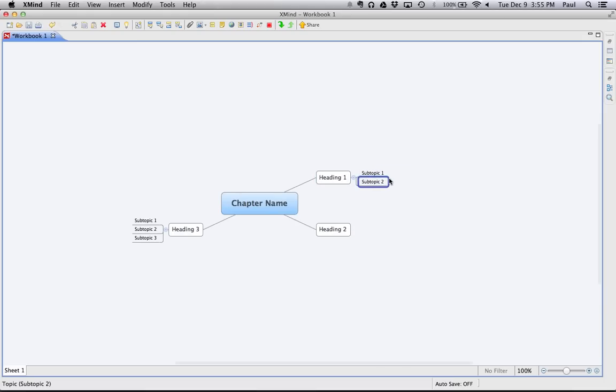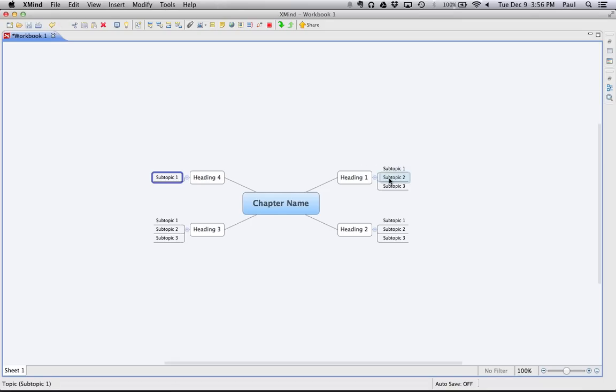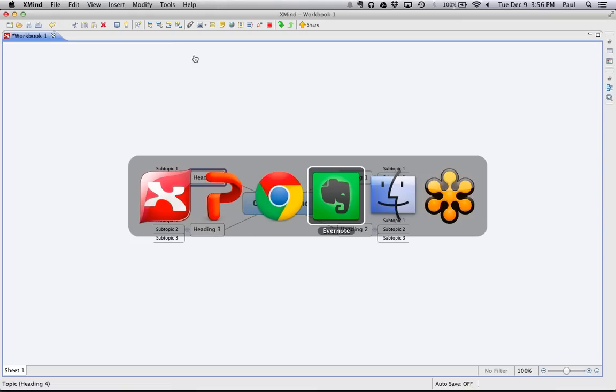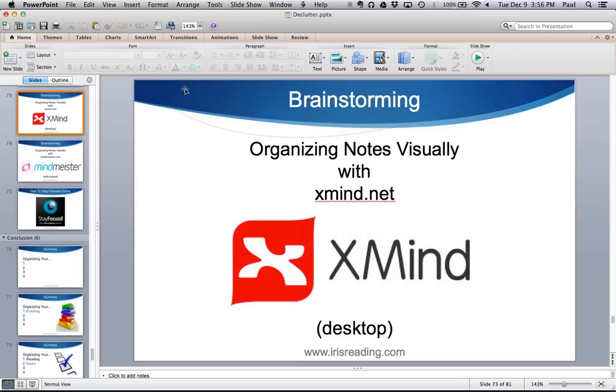So you can see how quickly and easily, and by the way, you can do that. I'm doing this just with the keyboard shortcuts right here. I'm just using my arrow keys and the tab button. Tab, by the way, if I hit tab, that creates another topic. So this might be heading number 4 in my chapter, and it has its subtopics associated with it. You could link to things here. There are all these different icons. There's a lot of options in here. I'm not going to go over all of them in this webinar. You can explore it, but this is if you wanted to use it on the desktop.